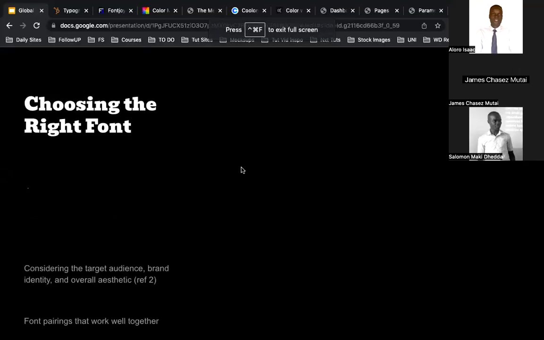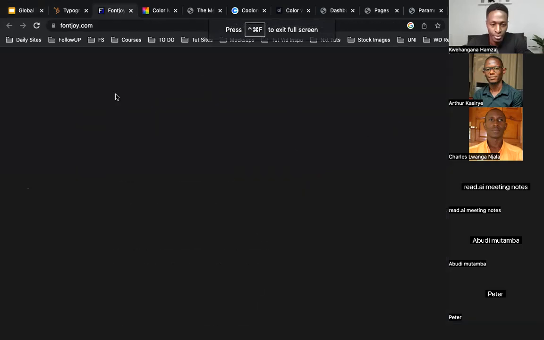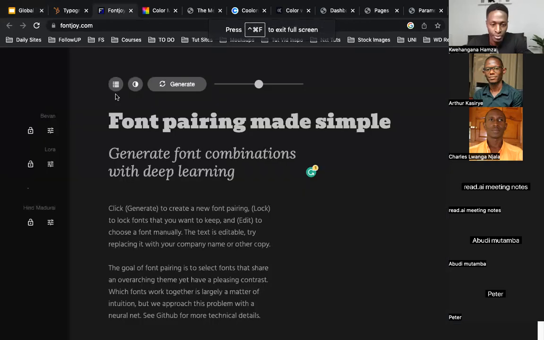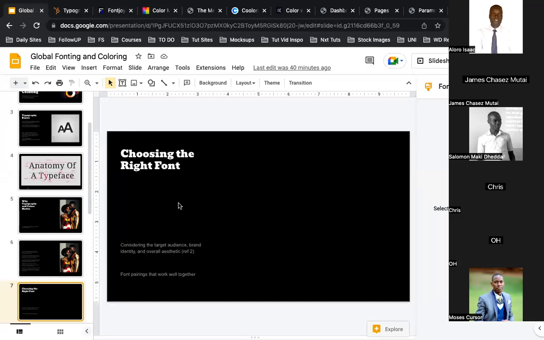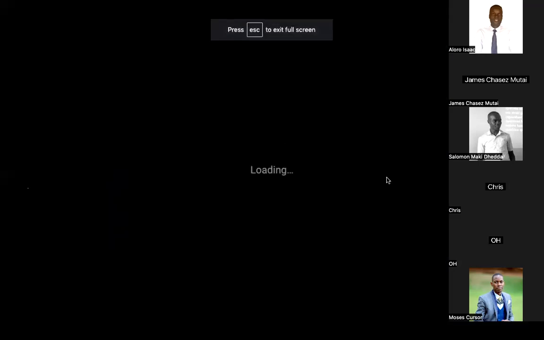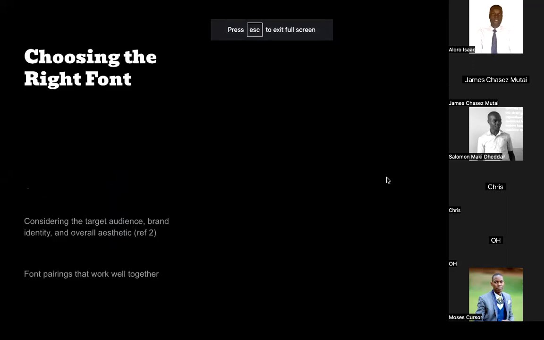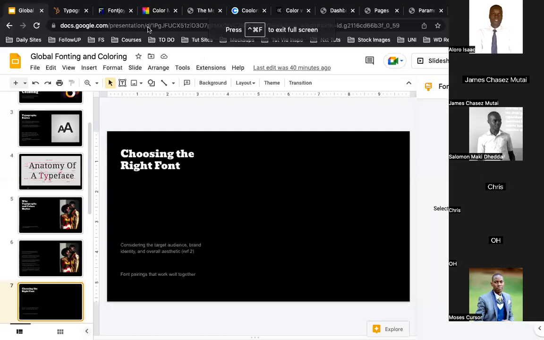I have a reference to 2, which this is 2. I wanted to mention, this is what calls for you to understand how you can use font pairings and combinations, because if you are working on a website for a law firm, you want to use fonts that rhyme with each other. And this is why I thought of sharing with you a trick that I use most of the time when I'm trying to look up font combinations or font pairings. And now this takes me to